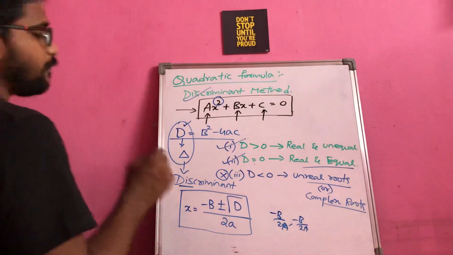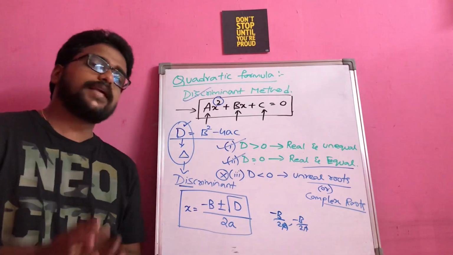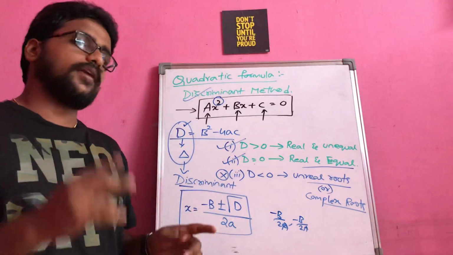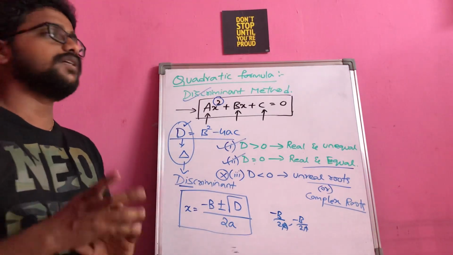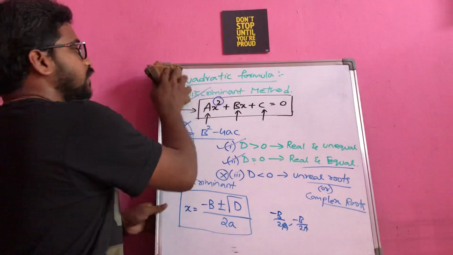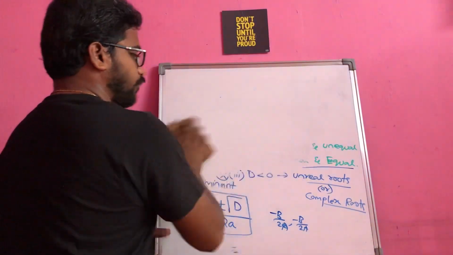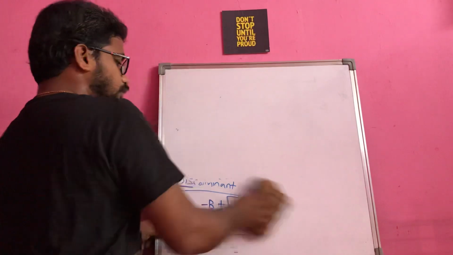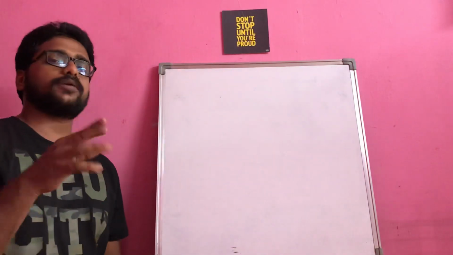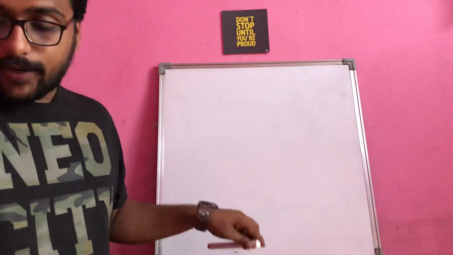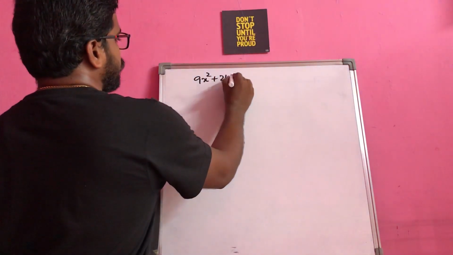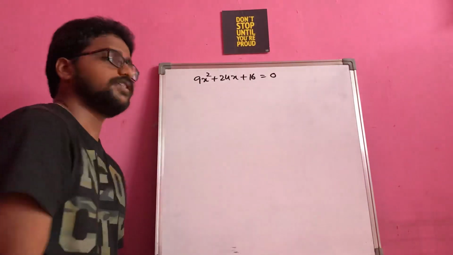So this is the main purpose of finding the discriminant, which gives you information just by seeing it whether the roots are real and equal, real and unequal, or unreal roots exist for the given quadratic equation, right? Now let us go for the application of this formulation to a few questions. As I told you, the first step is to find the discriminant value capital D, b square minus 4ac. Now take down this question: something like 9x square plus 24x plus 16 is equal to 0.